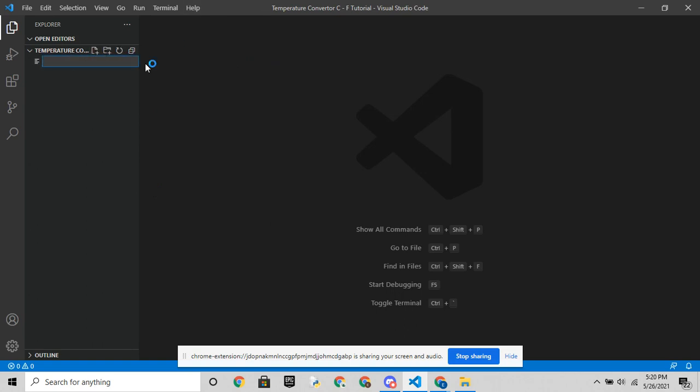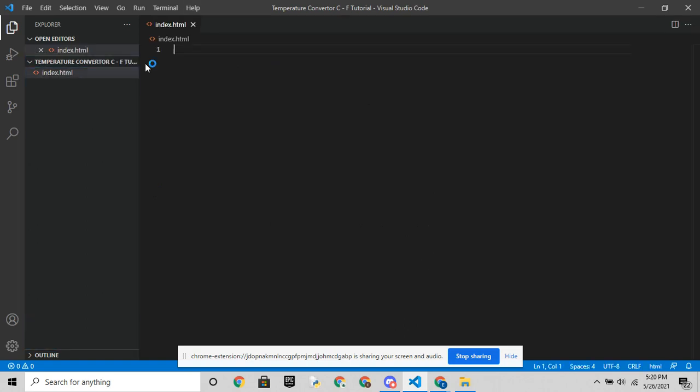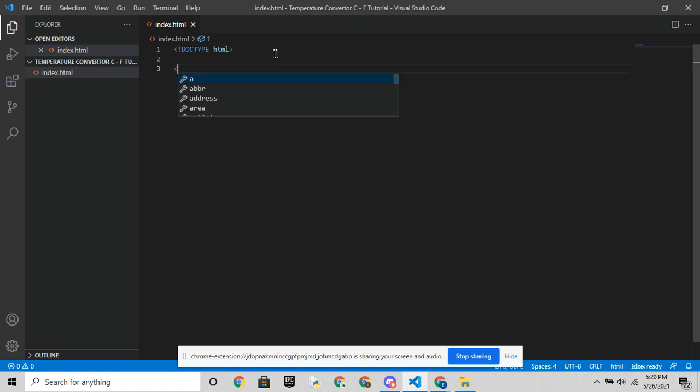Alright, you want to create a new file, index.html, and inside here you're going to add a doctype. This goes at the beginning of every HTML website. We're going to add an HTML tag, which also goes there. In the head are links to CSS files, and the title and stuff like that. And the body is what you see on the page. So I just add a title in here that says